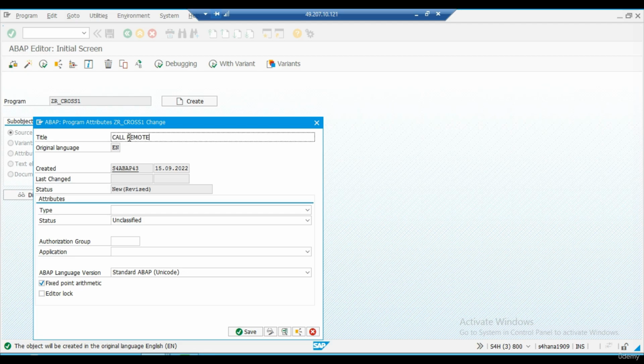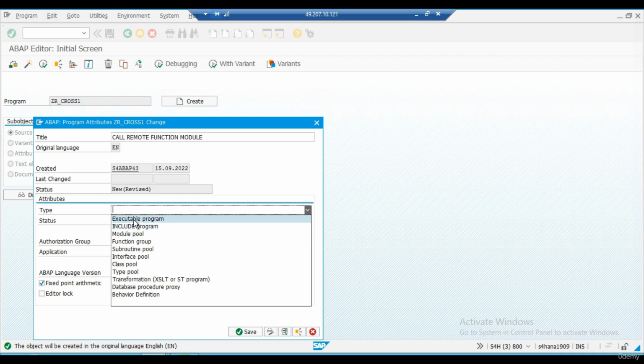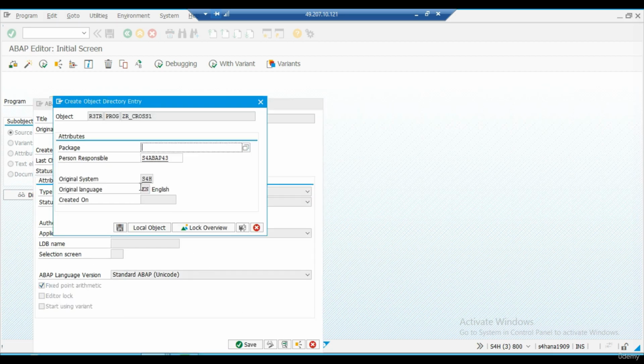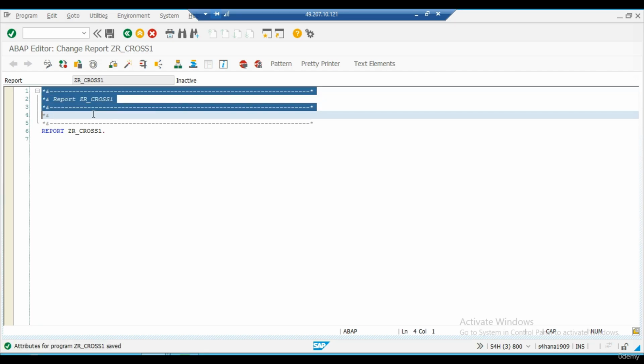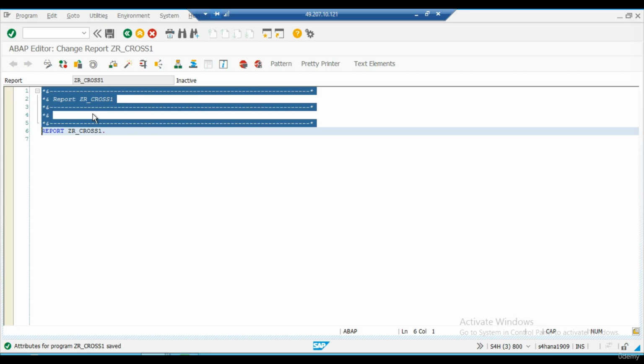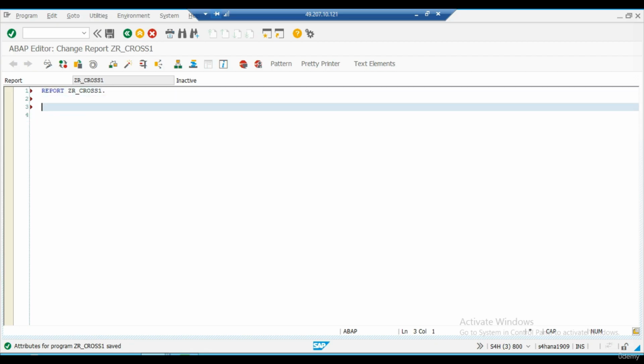Call remote function module. Type will be executable program. Let's save it as local object. Yes, okay. So now we need to write the logic here to call our remote function module. Before calling any function module, we need to check the signature of that function module. Here we know the signature of our function module. So what this function module has to do, it has to